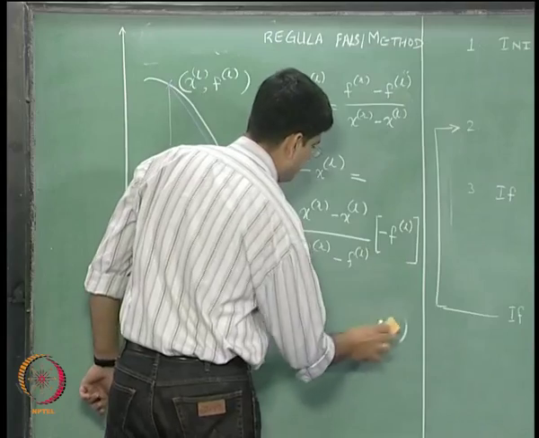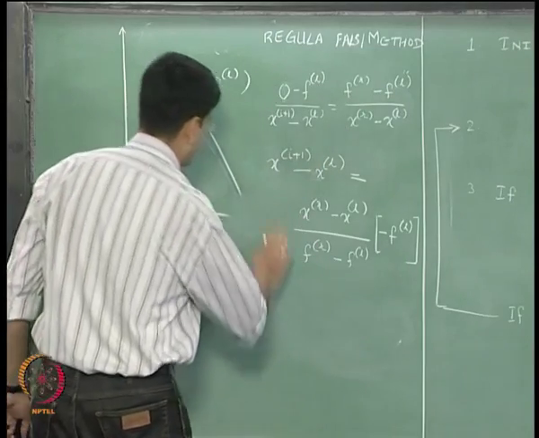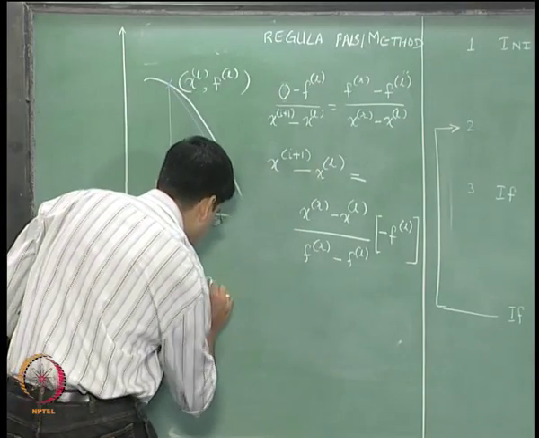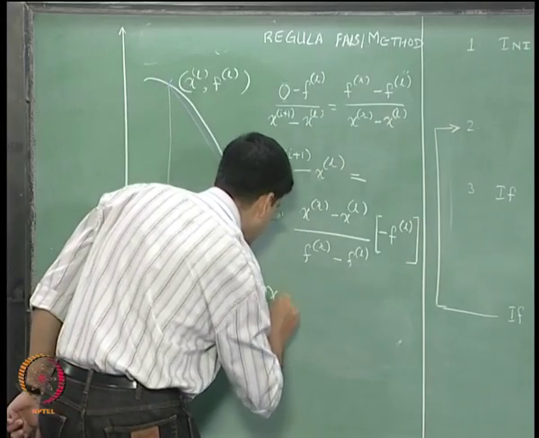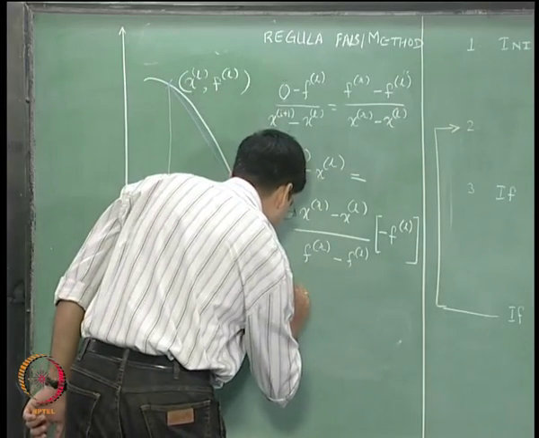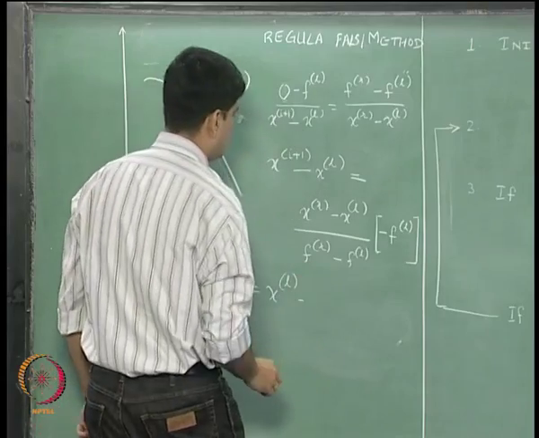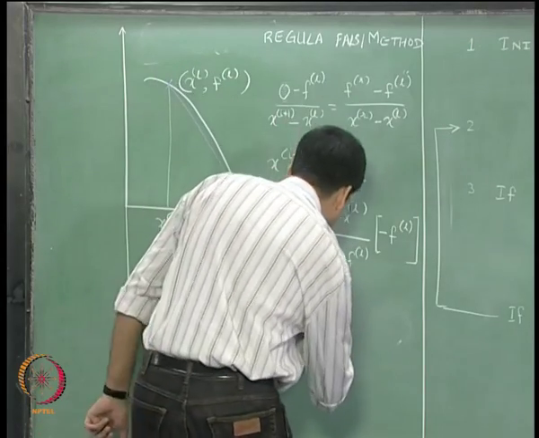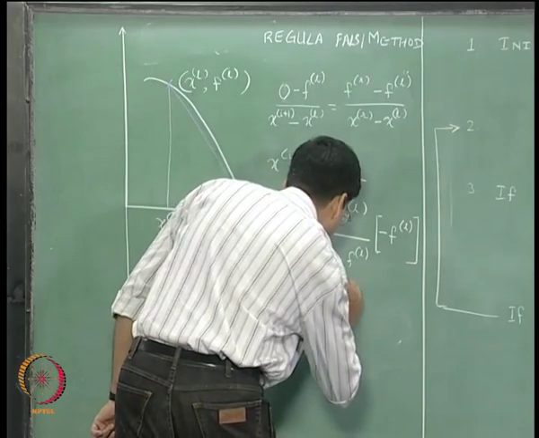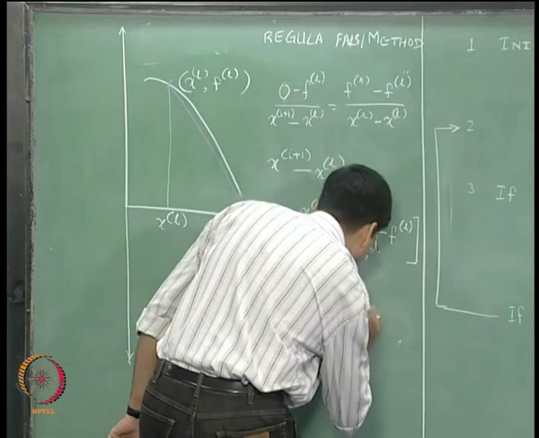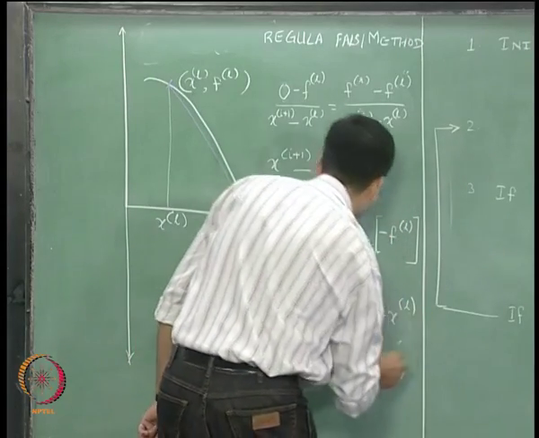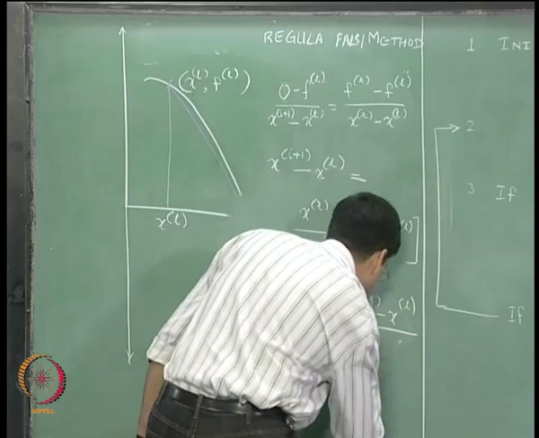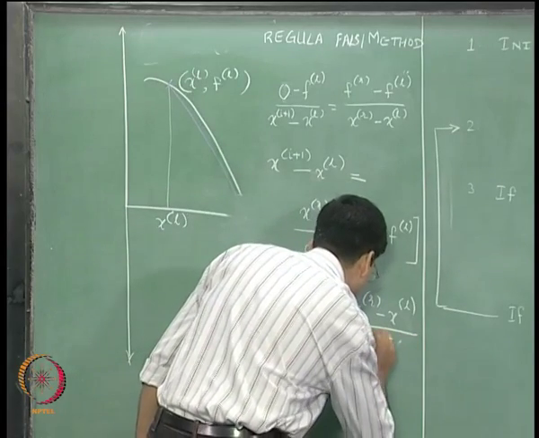Or we can also write this as x_{i+1} equal to x_l minus f_l multiplied by (x_r minus x_l) divided by (f_r